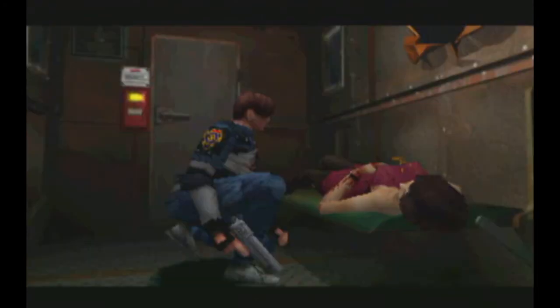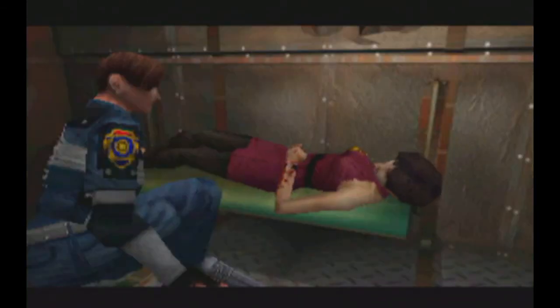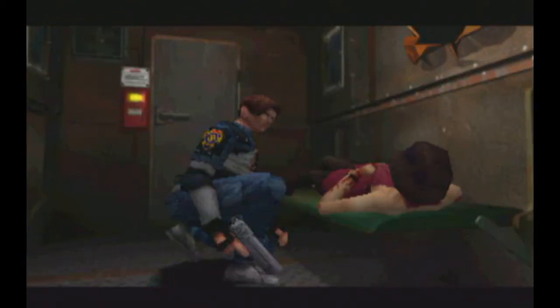So now we are going into the lab area, which is the easiest area in the game. Oh, excuse me. But it is the easiest area in the game. Well, we do need to do a little bit before we get to the actual lab itself, with Leon. That being pushing a box, but...